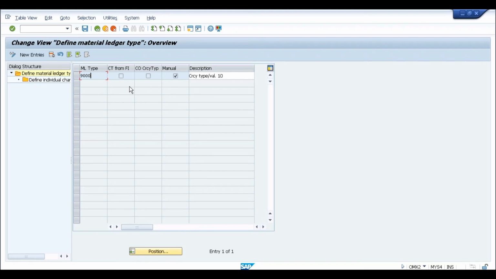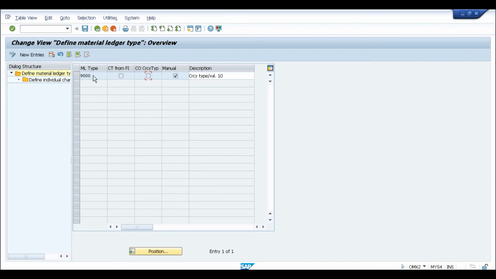So normally till 1511, the 3 currencies were taken from company code. From financial point of view, when you create a company code, you have the option of defining 3 parallel currencies, total 3 currencies, 1 main currency and 2 additional currencies. So the same 3 currencies are taken in material ledger also in 1511. But now in 1610, SAP has provided additional benefits, which means you can decide whether those 3 currencies should be taken from FI, or from controlling, or you want to manually provide which 3 currencies you want to update.